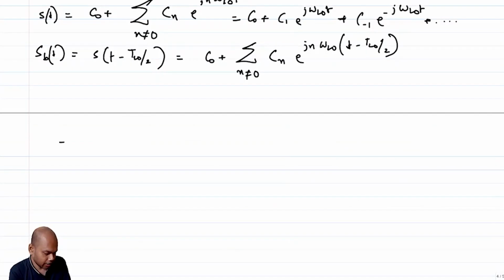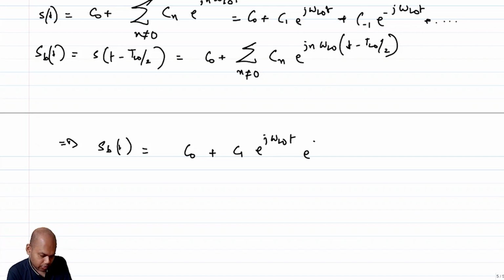So which means that your SBT is C naught plus C1 e power j omega LOT times e power minus j omega LO T LO by 2 plus C minus 1 e to the power minus j omega LO T